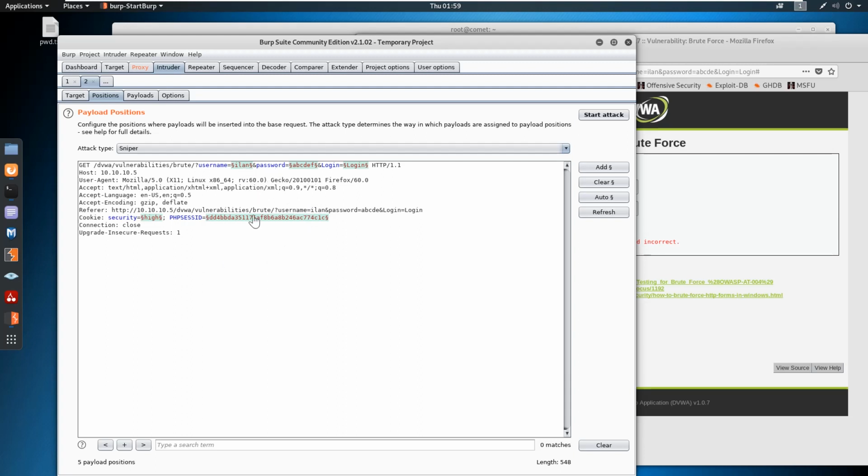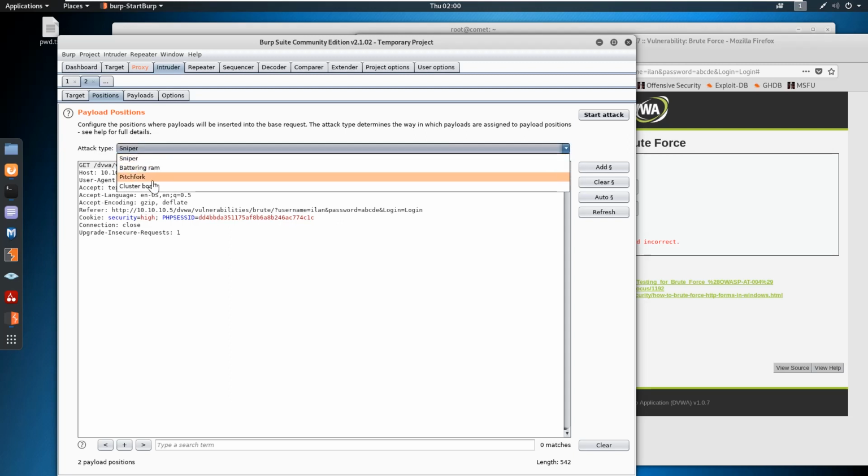Here you can see these highlighted parameters are all dynamic parameters. Out of this, I don't want to brute force all the parameters. Let me clear all. I want to brute force only the username and password. Let me select the username alone and press add, and similarly select the password I typed, and press add. So I want to brute force only these two parameters, and under the attack type, select the cluster bomb attack,